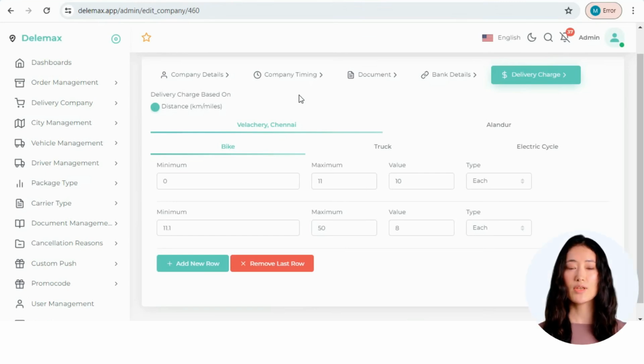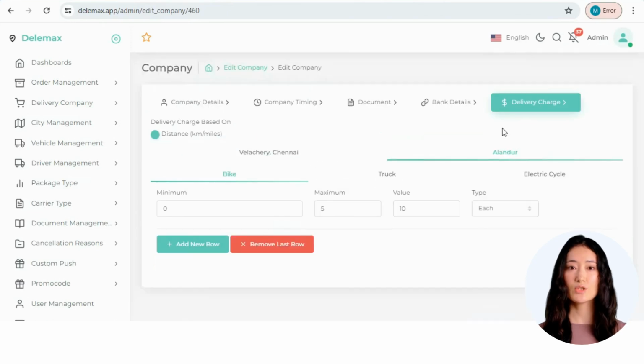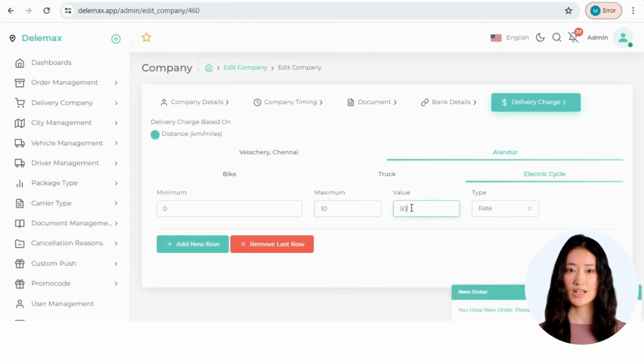After filling all the required details, you will move to the delivery charge segment. In the delivery charge segment of the company setup, you'll see the delivery charges associated with the zones you've selected with corresponding carrier type. These charges are based on the prices you specified when you initially created each zone. Additionally, you have the flexibility to adjust the distance range and the corresponding delivery charges to suit your needs. That is how the zone works.